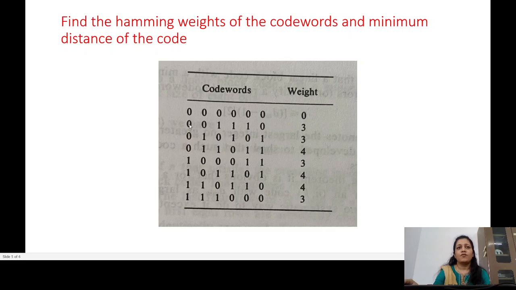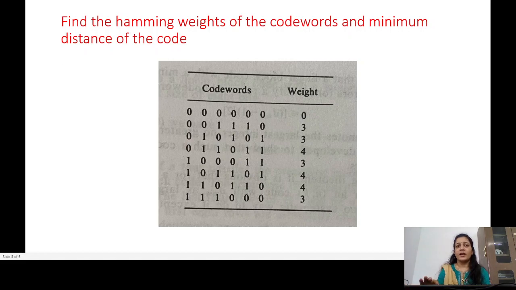Similarly, C2, C3, C2, C4, C2, C5 and so on. Similarly, C3, C4, C3, C5, C3, C6, right? In this way you will have too many combinations for which you have to find the Hamming distance. Only after that can you tell what is the minimum distance.